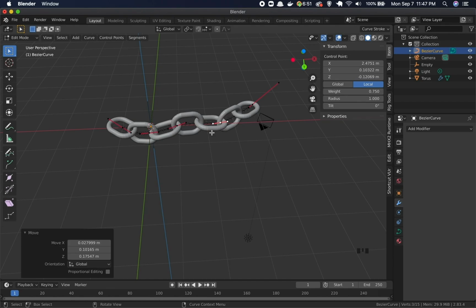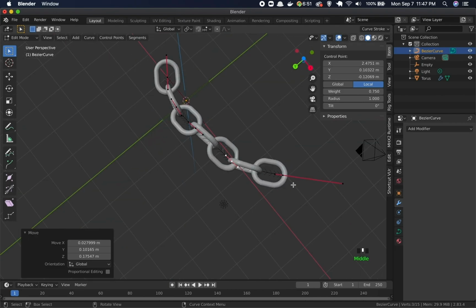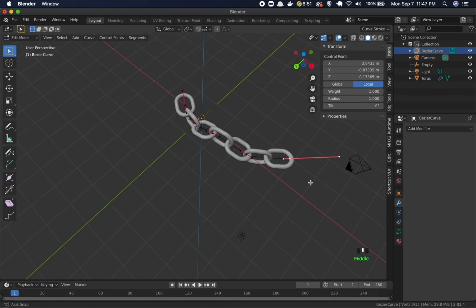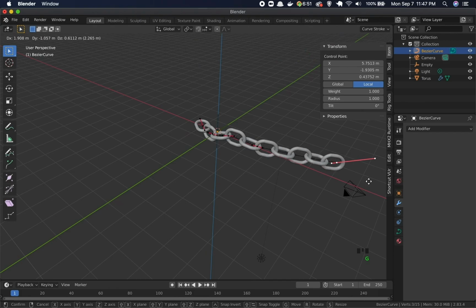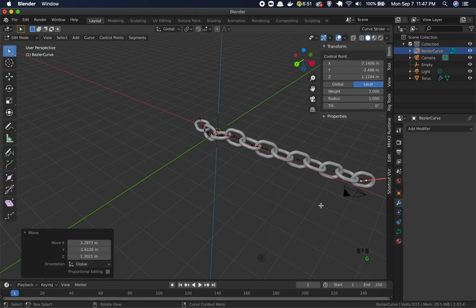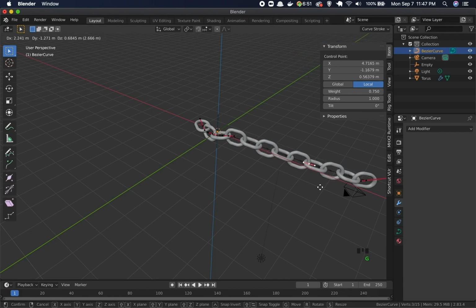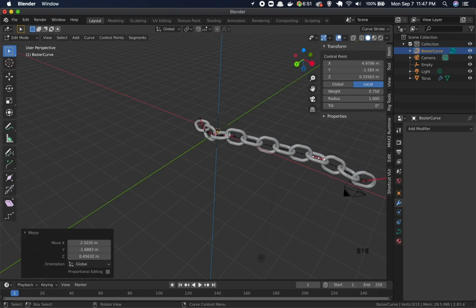That chain is following the path of the curve. That's wonderful. Let's increase the length of this curve a little bit. Grab it so that we have more chain links. Grab this and then you can adjust according to whatever your requirement. Grab it,